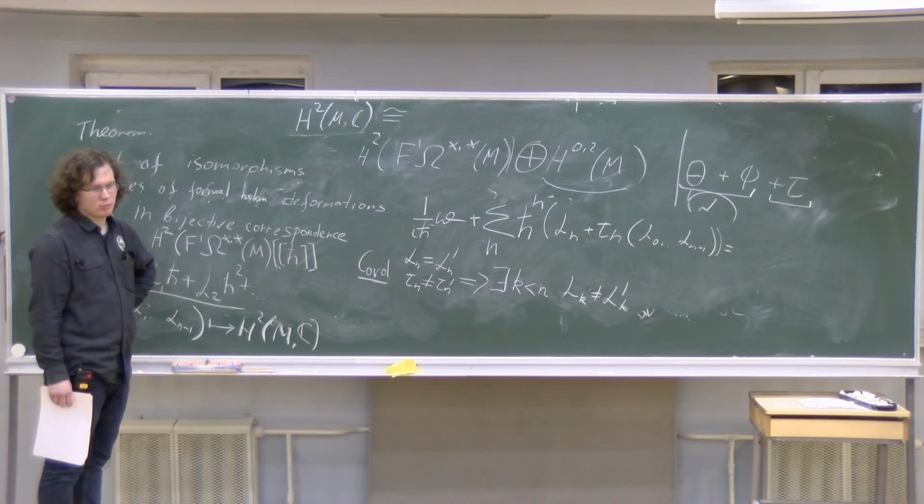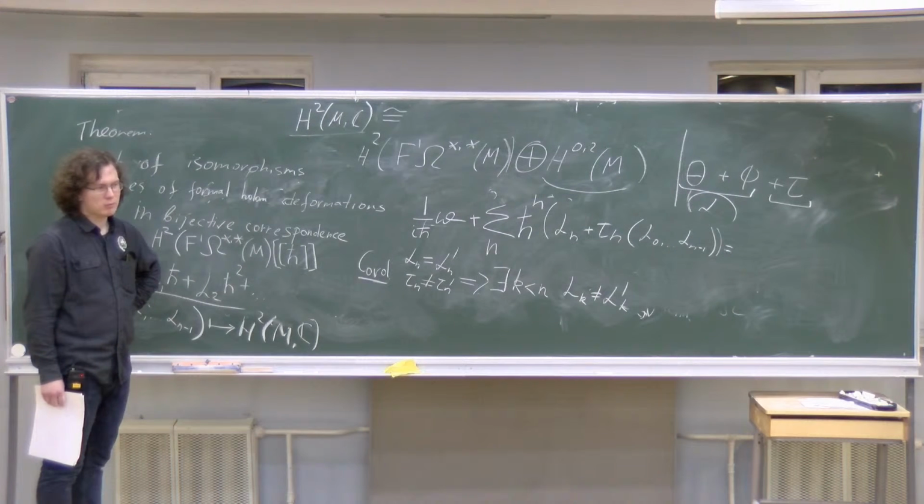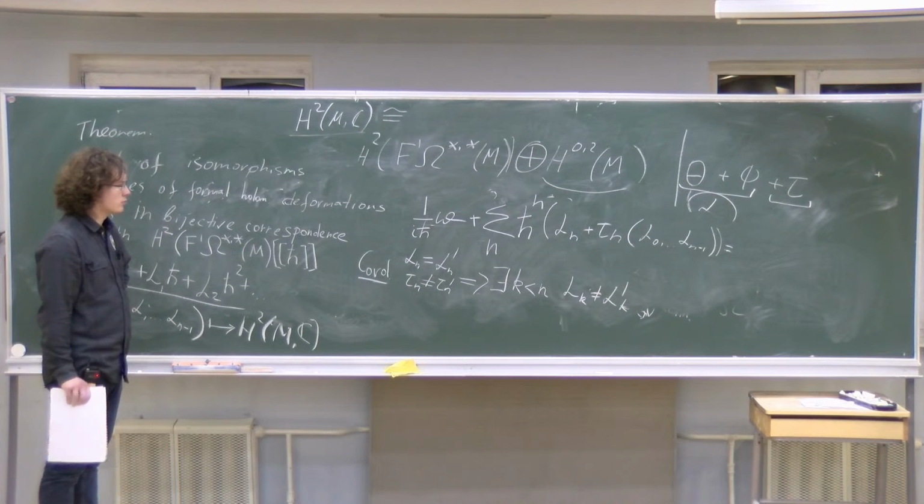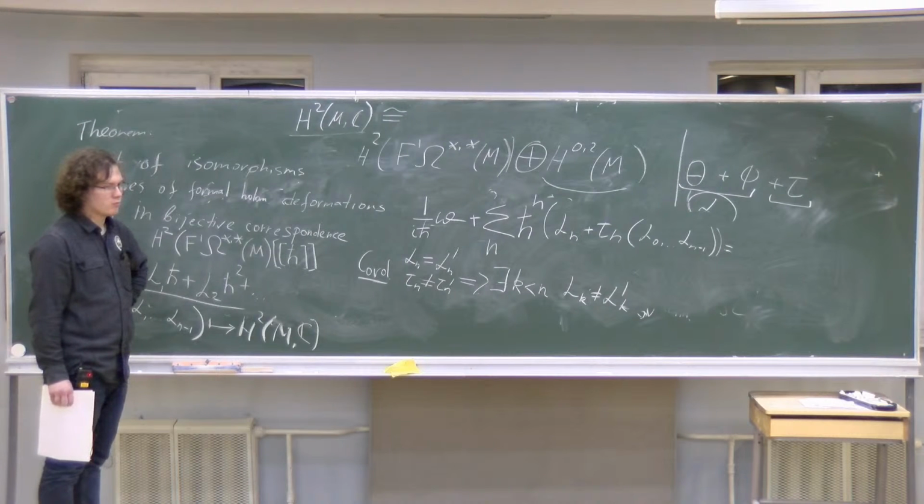There's a conjecture, which, at least I haven't heard of any progress in the last 3 or 4 years, because I didn't pay attention to this subject in the last few years. But before that, it was still open. There's a conjecture that these maps tau coincide or are somehow related with the so-called Rozansky-Witten invariants, which are constructed with the help of very similar